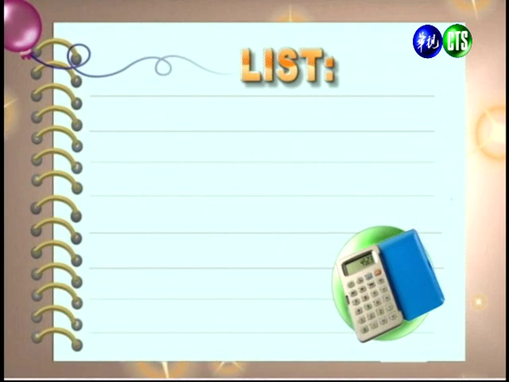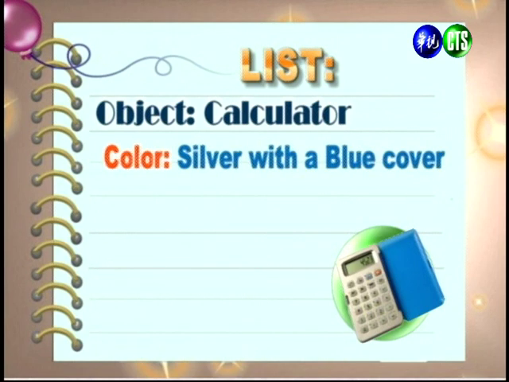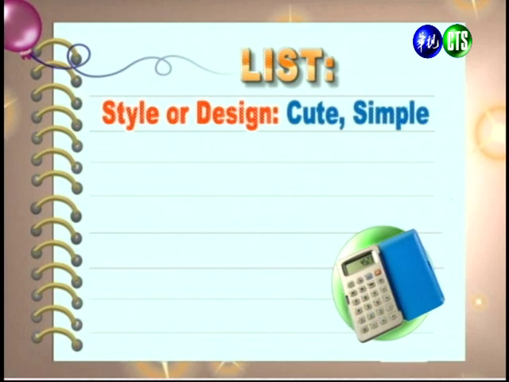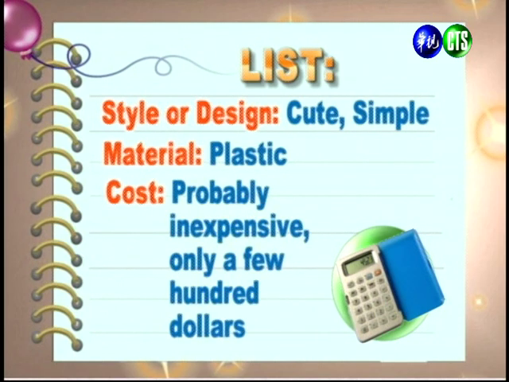All right, so now let's take a look at our outline. 好，我们来看一下，这是我们刚刚可以写出来的大纲。So first, the object we're going to write about is a calculator. 好，那主题就是这一台计算机了。And the color is it's silver with the blue cover. 它的颜色呢是银色的，但是它还有一个蓝色的盖子。All right, the size, so you can say it's small and light. 它的大小呢，是属于比较小型，而且看起来蛮轻的。Style and design, let's say that it's cute and it's simple. 它的风格是比较可爱而且比较简洁的。We look at the material, it's mostly plastic. 它的材质大多数应该是塑胶的。